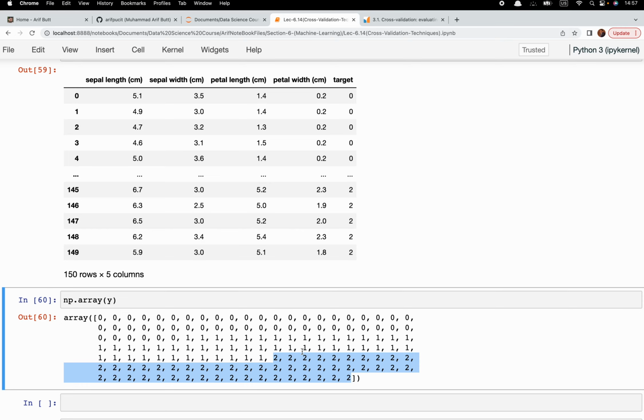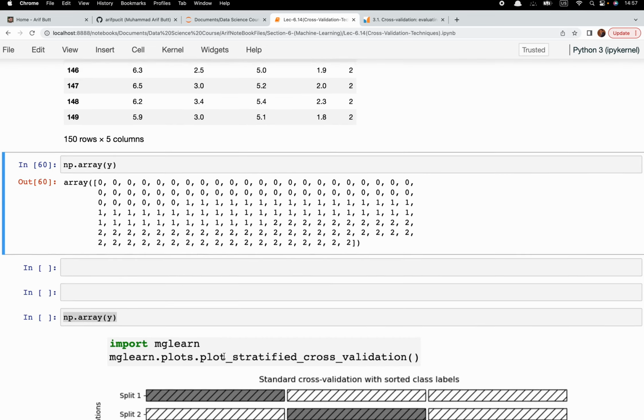And do note that they are in exact sequence. That is, first 50 observations belong to class 0, setosa. Next 50 observations belong to class 1, that is versicolor. And last 50 observations belong to class 2, that is virginica. This is important. Now let me describe how K-fold and stratified K-fold may work on this dataset using